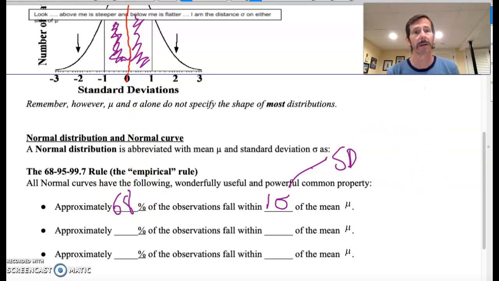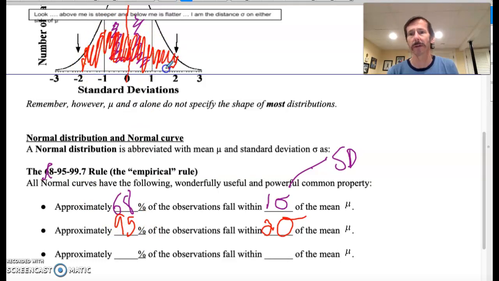So that's quite a bit, which is one of the reasons why it's nice to deal with normal distributions, because you have such a good chunk of people or individuals or items close to the mean. So that takes care of the 68. So guess what? If you move within 2 deviations from the mean, you capture about 95% of the observations. Or in this case, if I went out to here and I colored in from 2 deviations away,